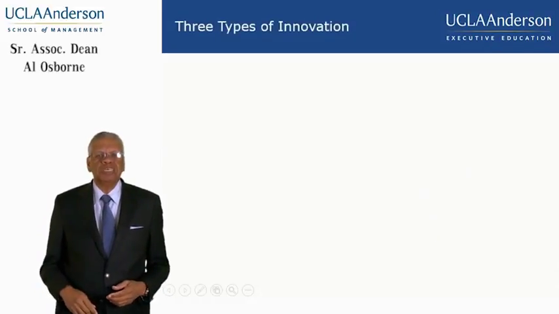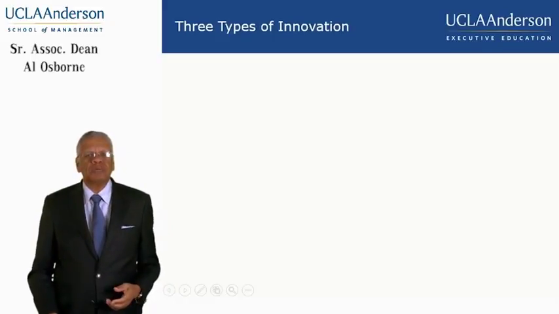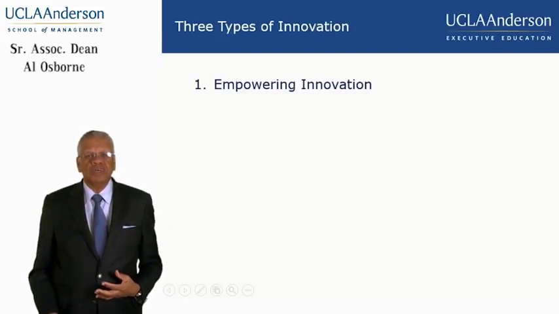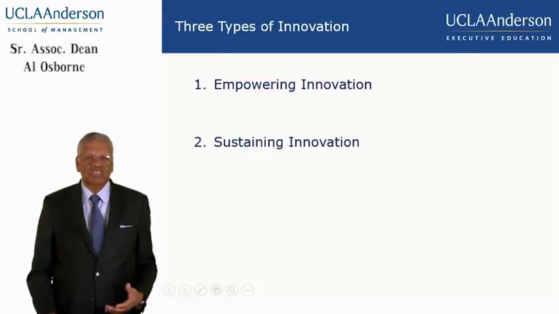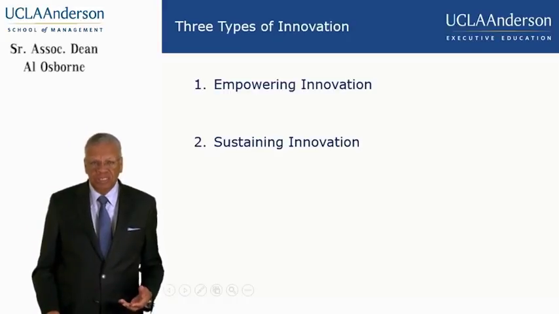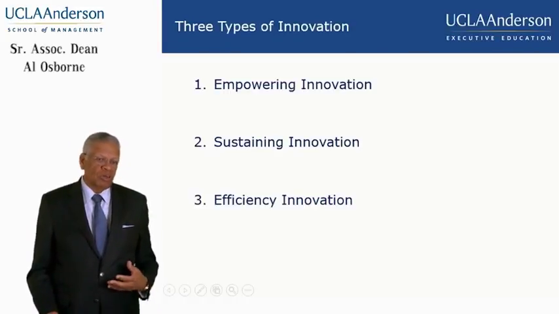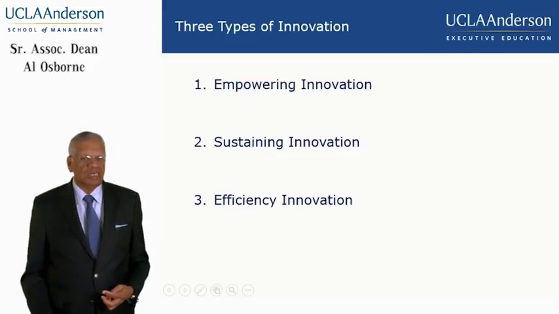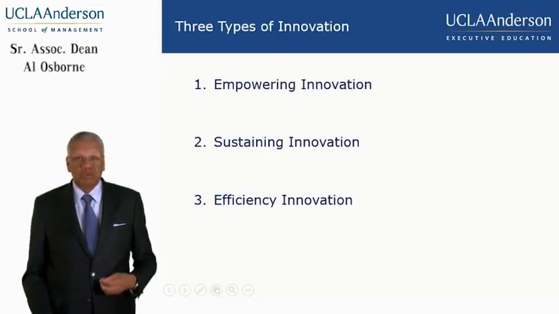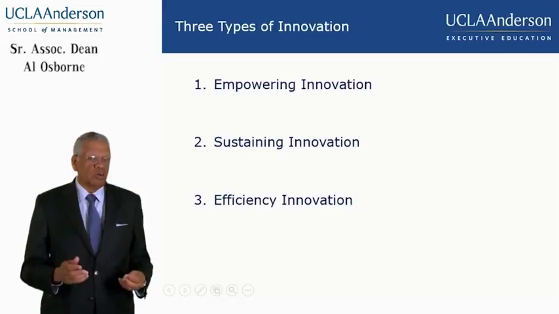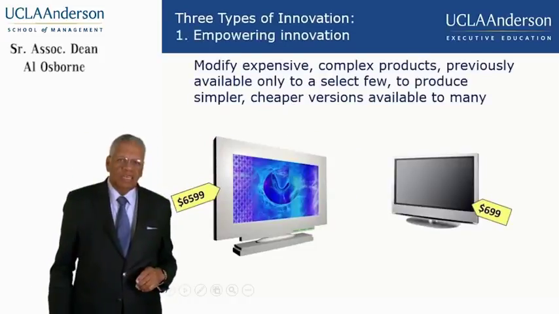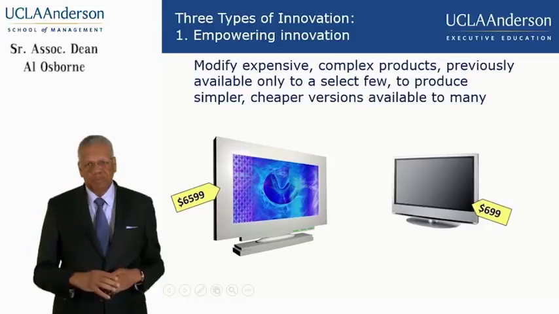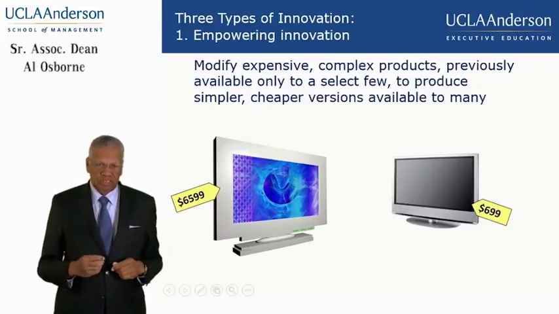There are three ways typically in which we see this, and so I'm going to talk first about the process of innovation: how empowering innovations work, then how what we call sustaining innovations assist in that process, and finally what we're going to call efficiency innovations. These are the three types of innovations that can be understood as precursors to what we're going to call disruptive innovation. Let me begin by talking about the first type, empowering innovations.